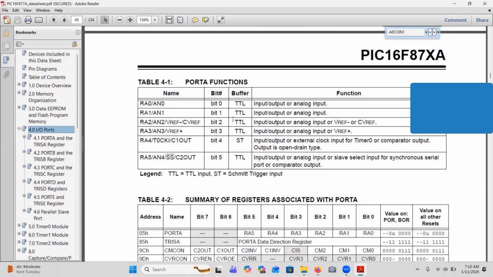Port A functions. So AN0 is input, output, or analog input. AN1 is input, output, or analog input. AN2 is input, output, or analog input, with the reference we have here. And then input, output, or analog input, or V reference plus,